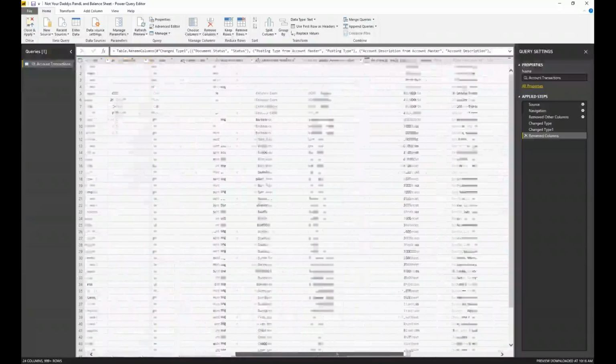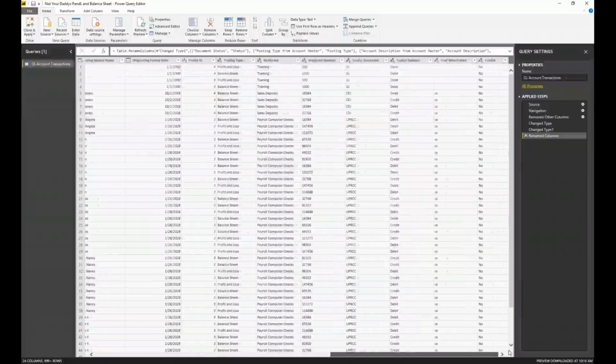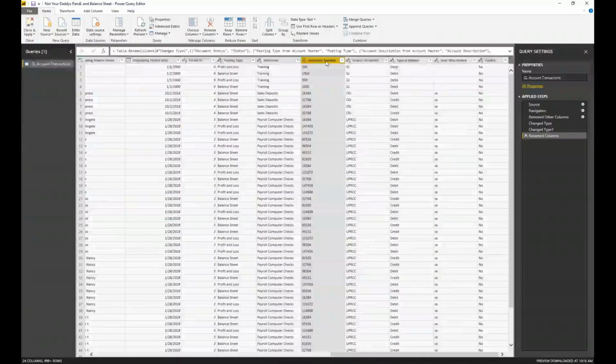I also like to add in, personally, the sequence number, the line item sequence number. The first thing I do is change it to a whole number, and then I change it to text because I want it to act like text. This just ensures I have every unique line item. If you have a journal entry in GP that has the same account number used twice, it might consolidate them and aggregate them together and just give you the total. And if I want to include every single individual record, then I need to have the line item sequence on there, even though it's something that I do not typically use.